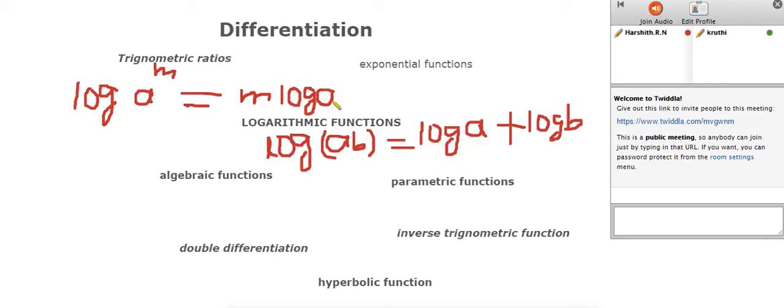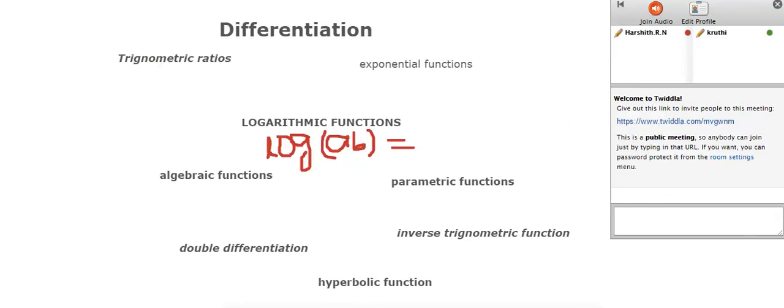If it is log A by B, that becomes log A minus log B. These are the 3 identities. For that we are going to use logarithmic differentiation. We know that when we differentiate the logarithm of any value, it becomes 1 by that. Log x differentiation is 1 by x. Is it so? Yes, sir. So we need to put d